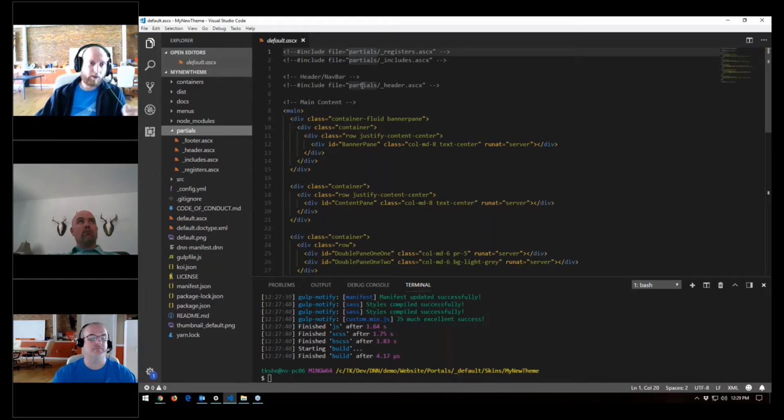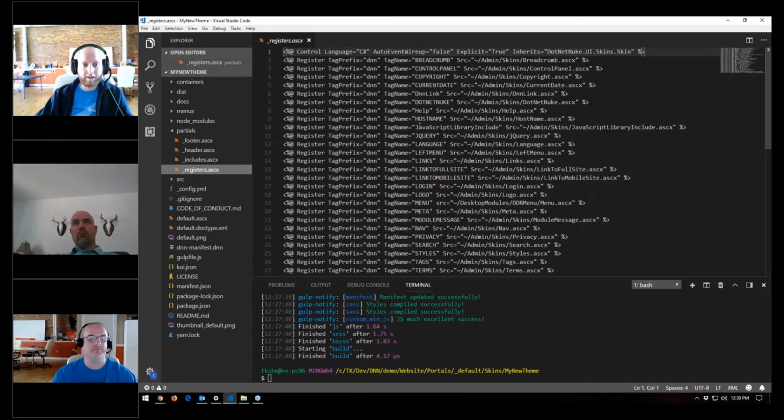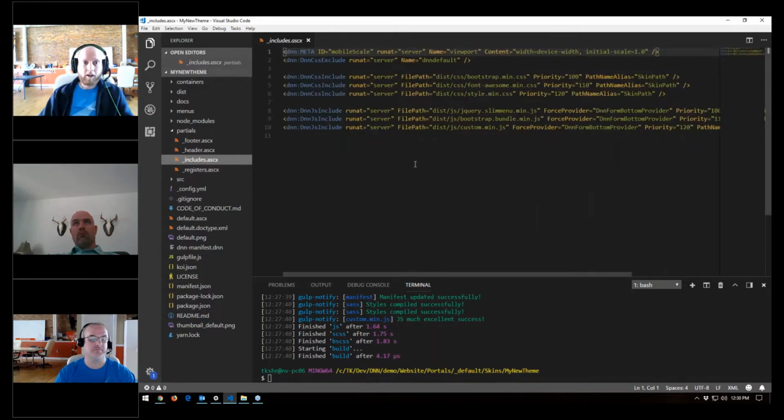So we do the basic get-out-of-the-way things first, and it also helps clean up your ASCX file by getting rid of your registers and includes and putting them in their own thing. We have here all the DNN registers, so you can call those as needed. And then we also have our includes. We also include the DNN meta tag here to make things mobile responsive. We also exclude the DNN default CSS because that is painful. We have our CSS calls here, and you don't need to worry about these unless you're doing something custom. These are all set up to work correctly as they are,